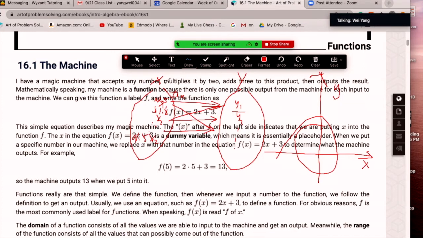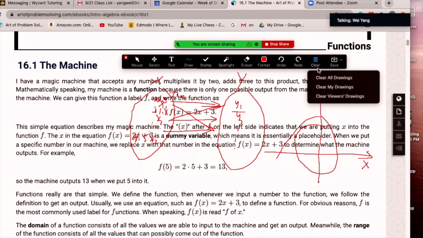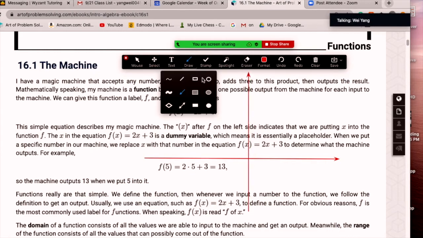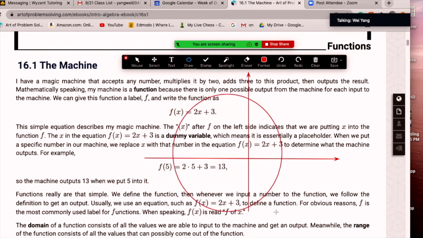Let me draw this better. Now, on this Cartesian plane, if we draw a circle here, and we ask you whether this circle plot is a function,